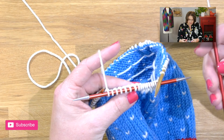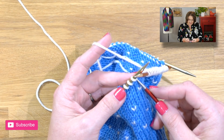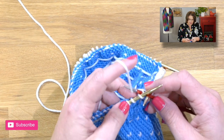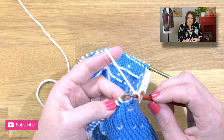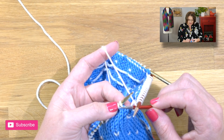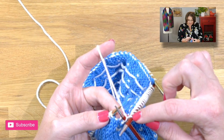I'll grab another needle, and when I rotate and start knitting my next 18 stitches onto this needle, this is very important. Are you ready? When I knit the first stitch, just like we did when we were doing the knit 2 purl 2 ribbing, we really want to give that yarn a nice tug. So that way this stitch right here